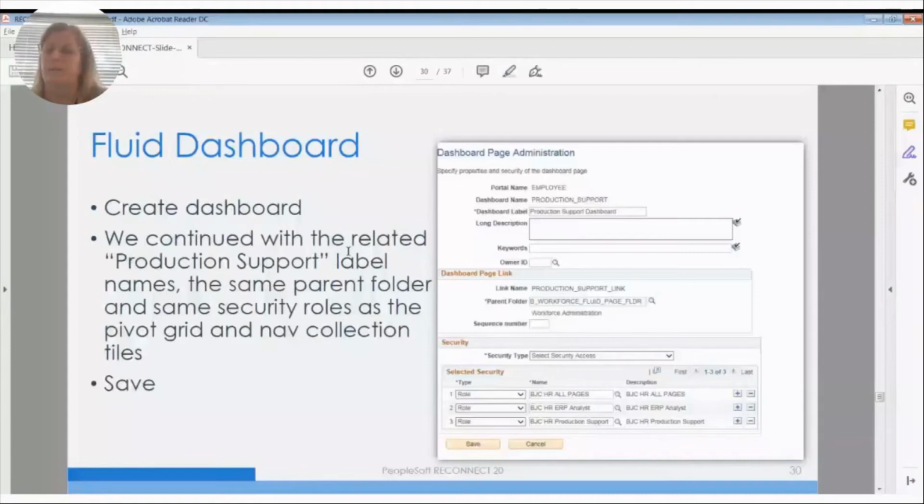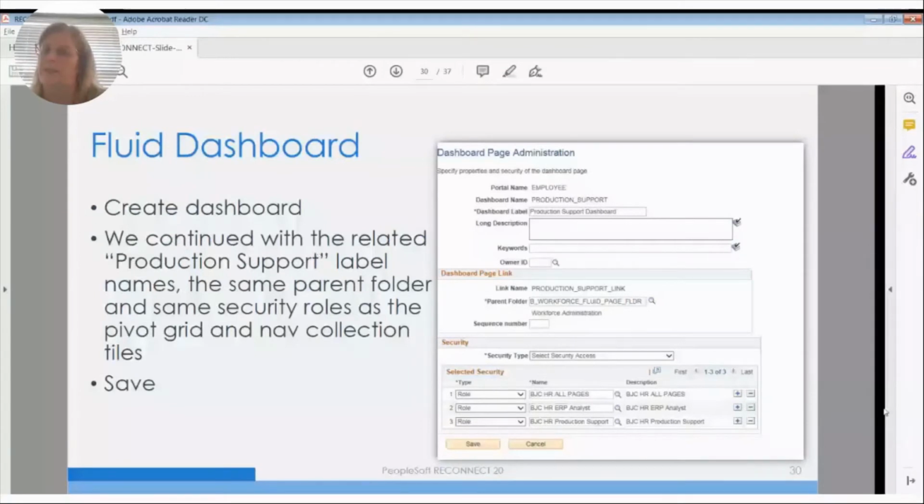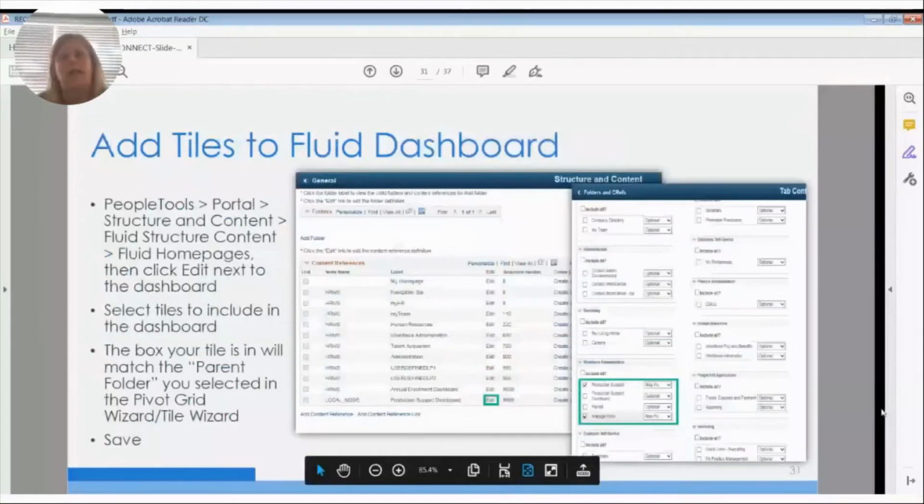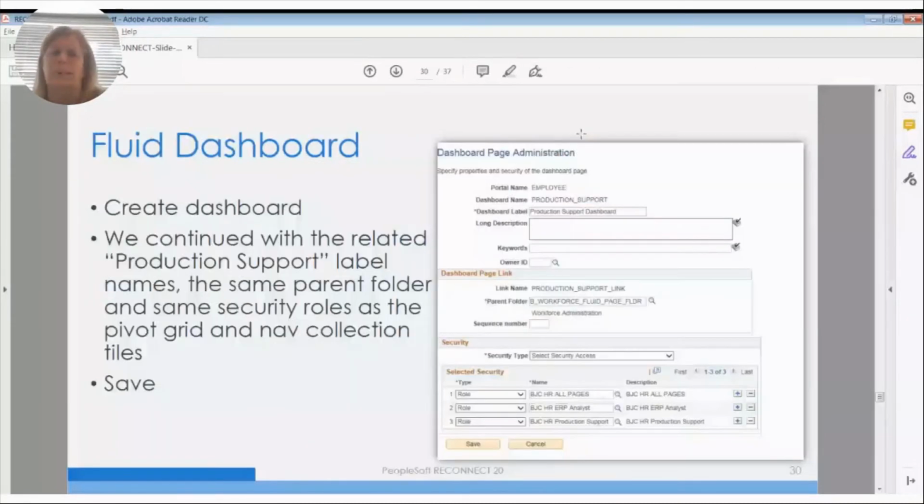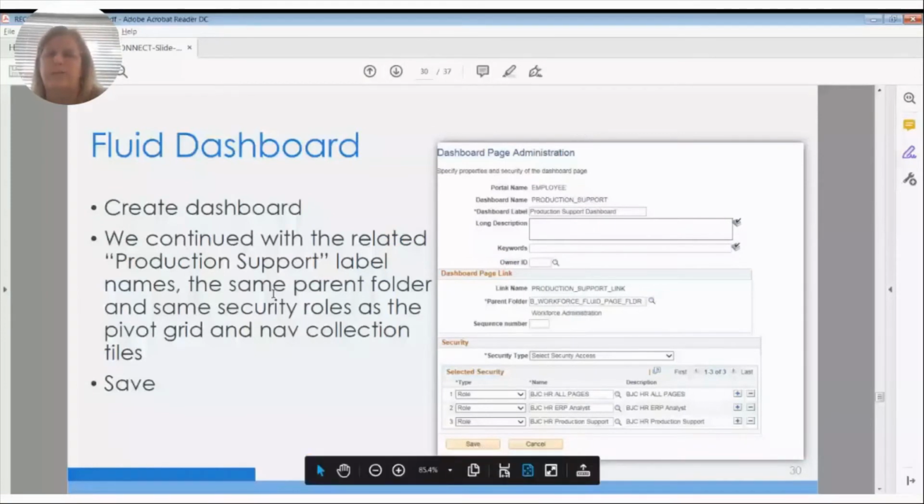So we kept within the same naming conventions and folder structure, as well as the security. So once you save that, you can add your tiles to the dashboard. So PeopleTools portal, structure and content, fluid, structure content, fluid home pages, and click edit next to the dashboard,